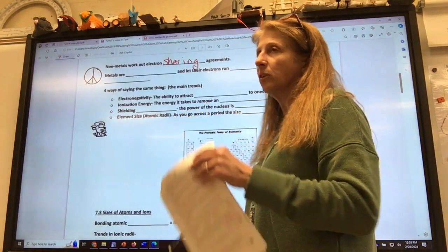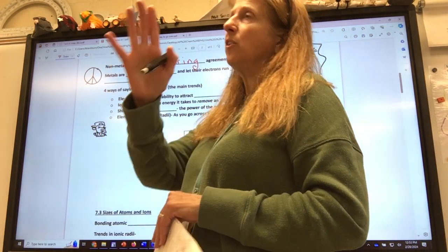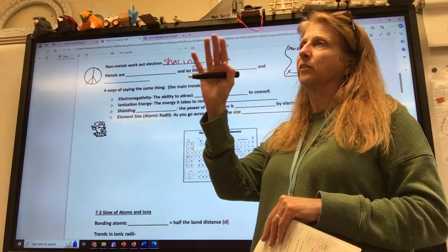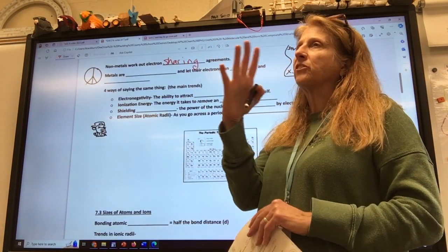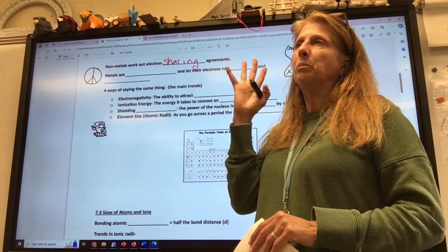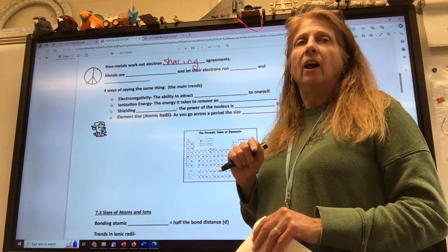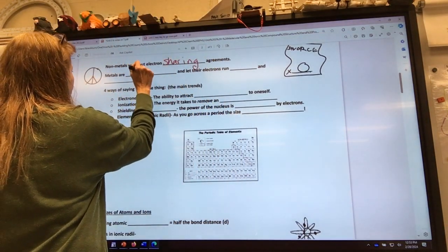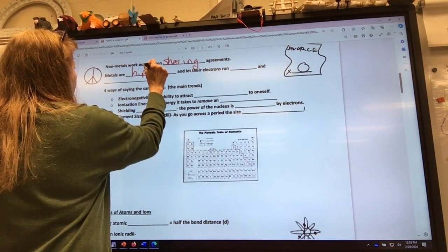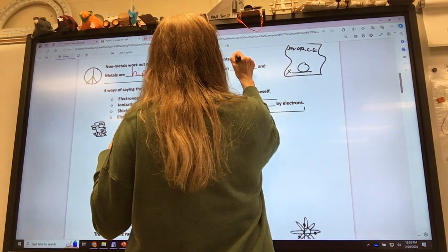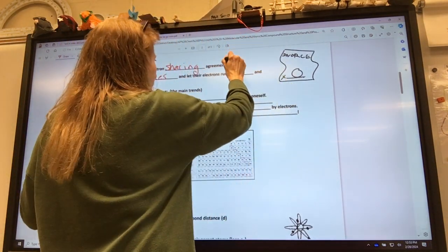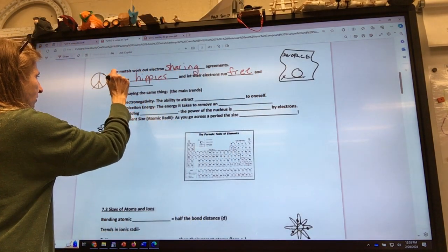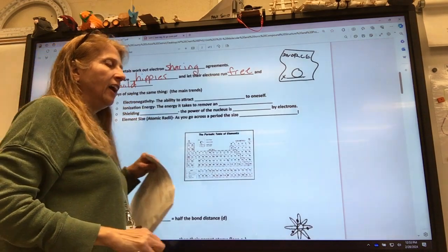Now metals are different. So notice when we do our oxidation charges, we go 1, 2, 3, skip, -3, -2, -1, zip, and we just skip that whole D block transition metals, right? This is why. Metals are hippies. That's why we got our P symbol here. And they let their electron children run free and wild. Free and wild.